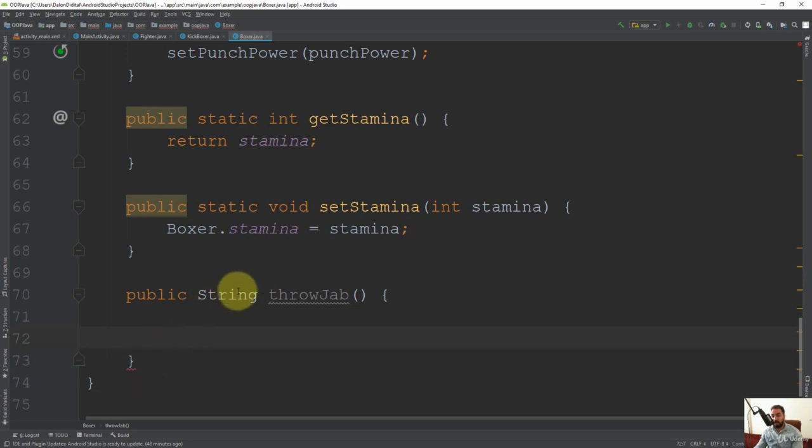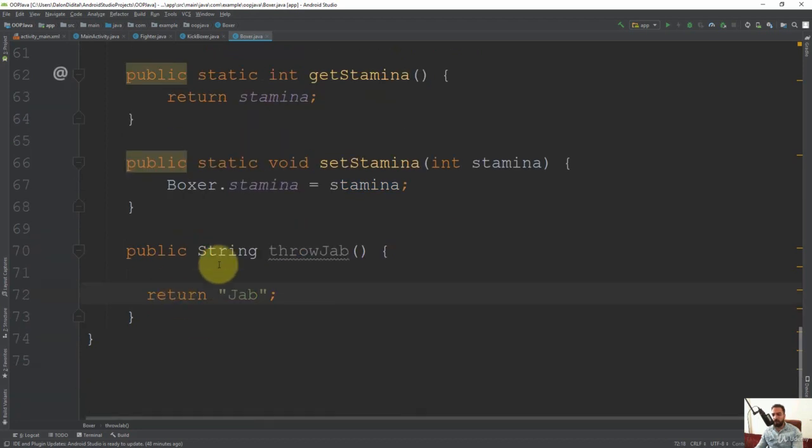This means that because this method returns a value of type String, we must return a value from this method because the return type is a String. So we just need to say return, for example, two quotes and then semicolon. If you put two quotes here, this means an empty string value, and that's enough to satisfy the compiler so that it can allow us to run the application. But it says throw jab. So here I can say return "jab",